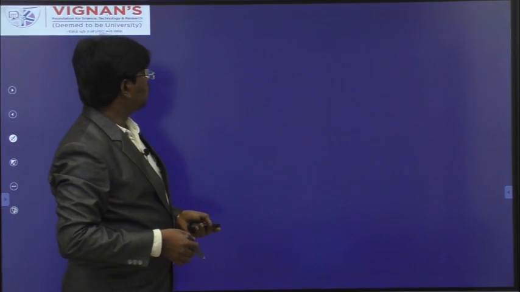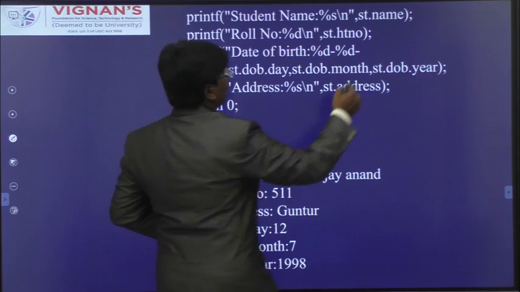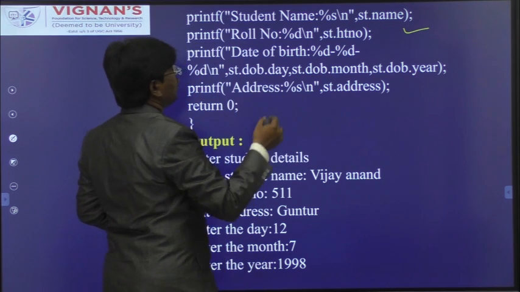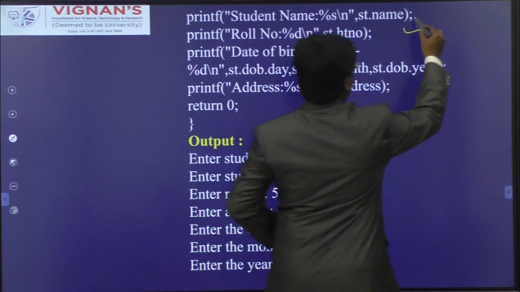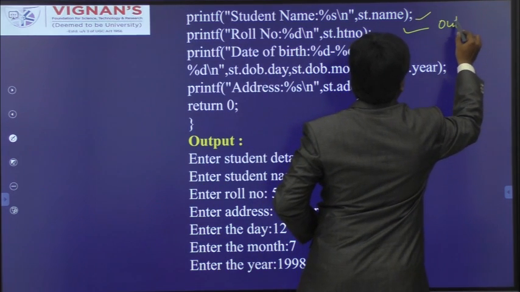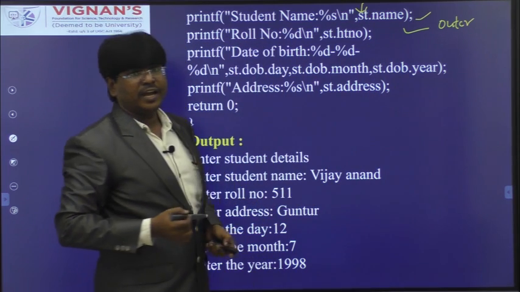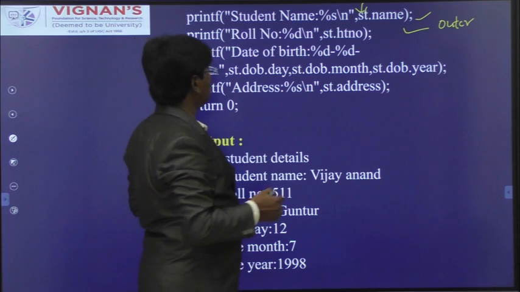Okay. So you can see the output here. In the same way, I am printing all the student details, same st.name, st.hall ticket number. These two are outer structure members. Okay, I am printing outer structure members with the help of st. But I want to print the inner structure members. I have to take two structure variables. That is nothing but